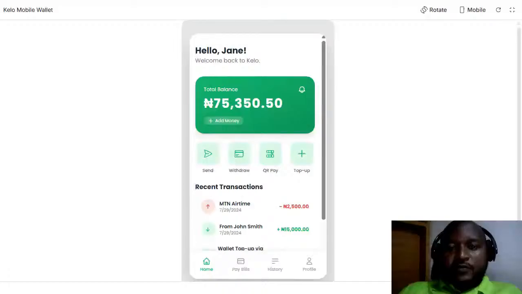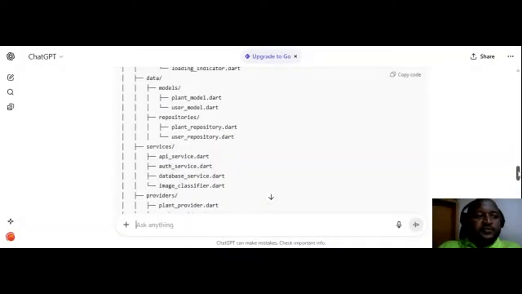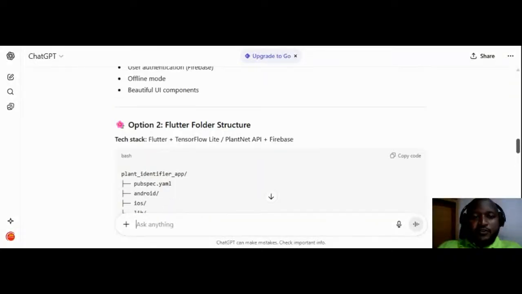Okay, so this is our structure file which we created together. Here I want to show you. So we're going to copy this structure file,